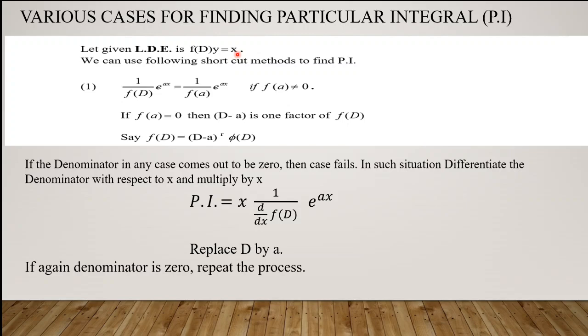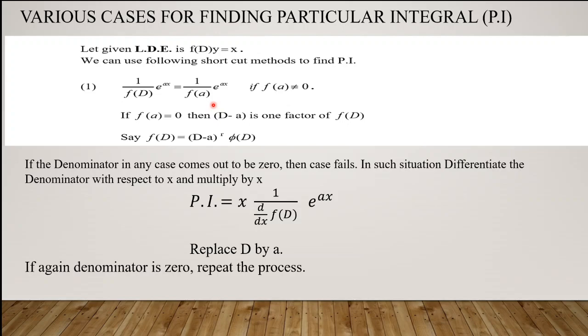Now my focus will be on what can be the different possibilities of this particular RHS of the differential equation, that is X. So as I said, the particular integral will be 1 upon f of D to be multiplied by RHS, or to be operated on RHS. So my first case of discussion is RHS is e to the power ax. RHS is e to the power ax means RHS is an exponential term. Now the variable is x and its coefficient is a. So how will I simplify it? I will simplify it as 1 upon f of a into e to the power ax, provided this denominator